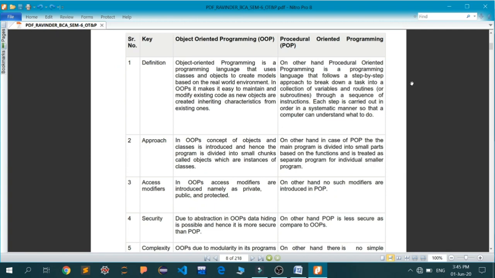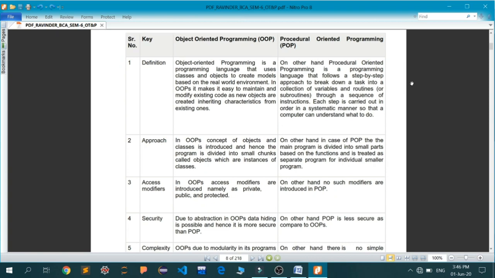So your daily routine doesn't depend upon, let's say, any kind of data. While in object-oriented programming, your daily routine depends upon the data, that is your objects. Everything revolves around the objects. It has been made such that everything revolves around the object. While in procedural, that is POP, the data is not the central tendency around which the whole universe of coding is revolving. It is just a step-by-step guide on how to perform a particular task. It is quite simple as that.